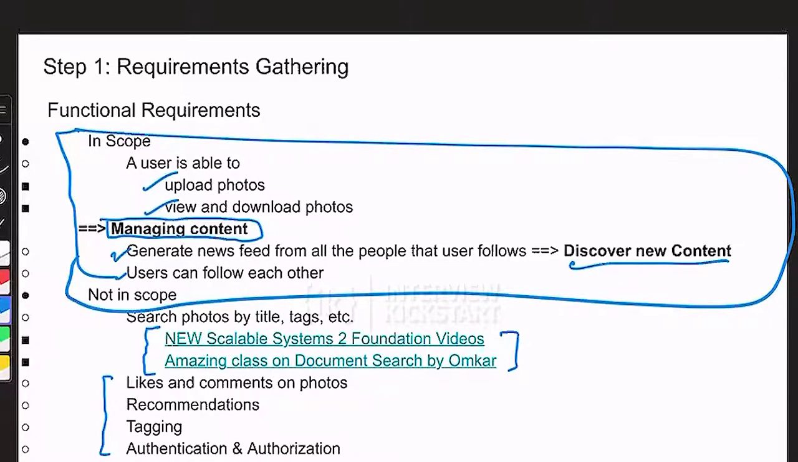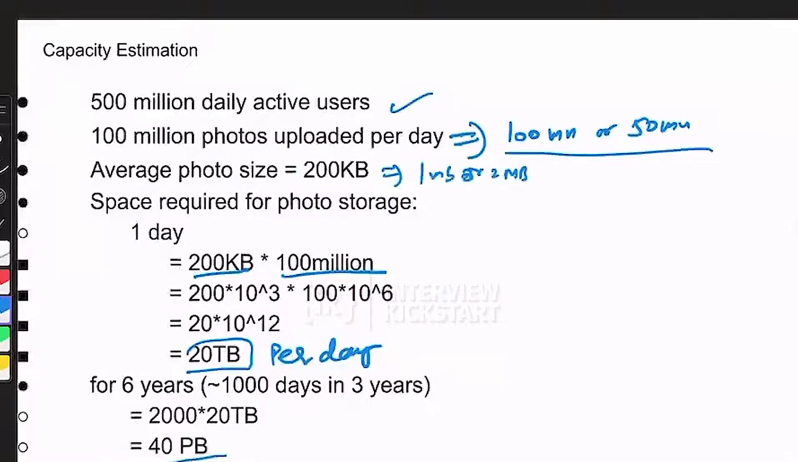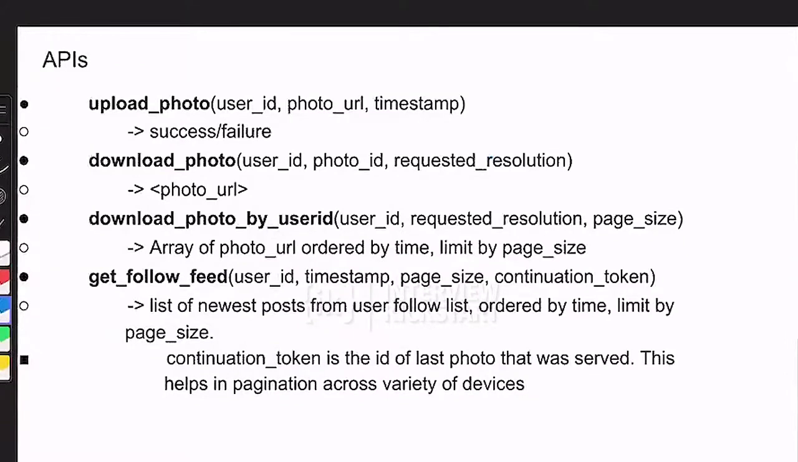Okay, so let's see. We will need some API for upload. We will need some API for view, download. We will need some API which shows us the news feed. We will need some API where a user can choose to follow another user. Right. So coming up with API design is a very simple scenario if you have the clarity of requirements in your mind. Now, in case of upload photo,